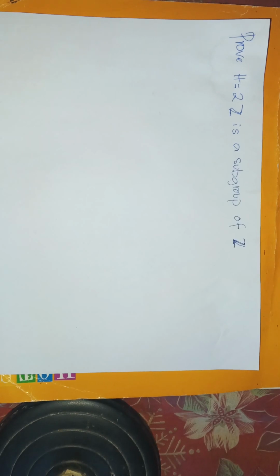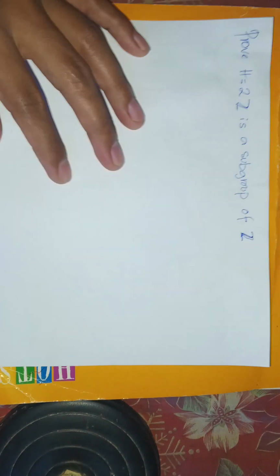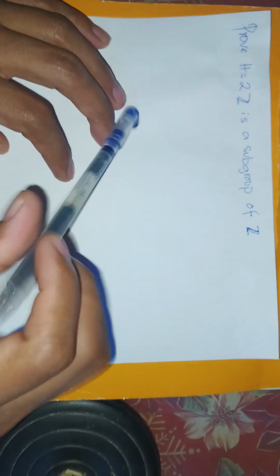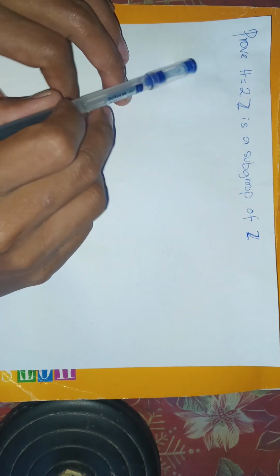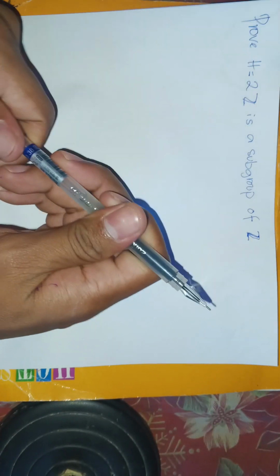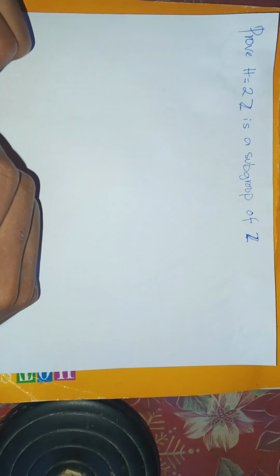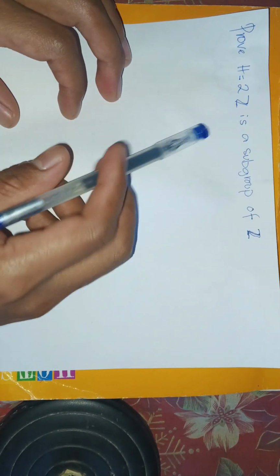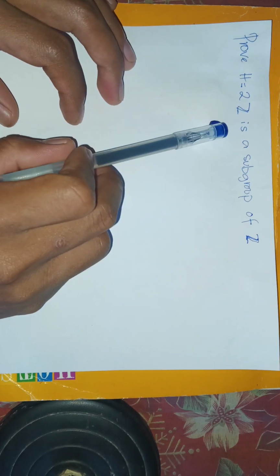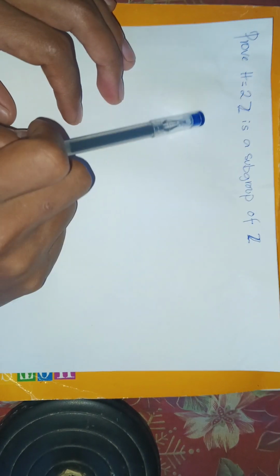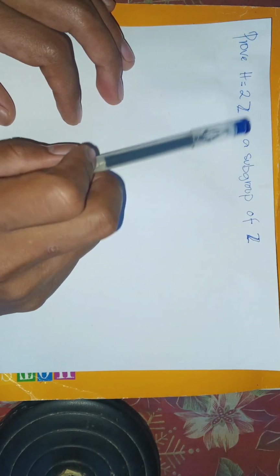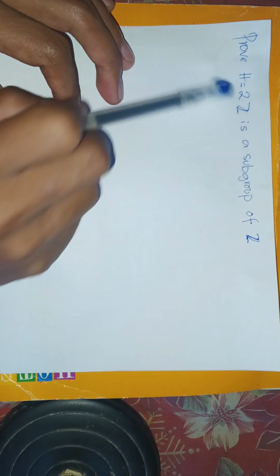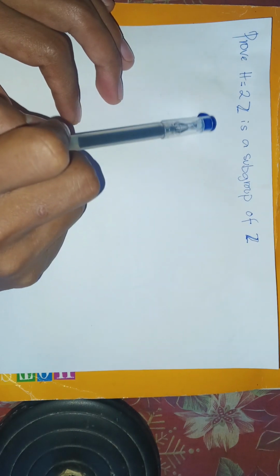So, hey, what's up? In this video, we're going to do a simple proof to show a subset is a subgroup of a group. Here, H is equal to 2Z. H is all of the multiples of 2. So every element of H looks like 2 times n,